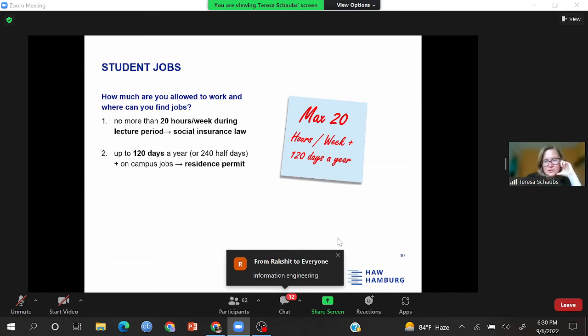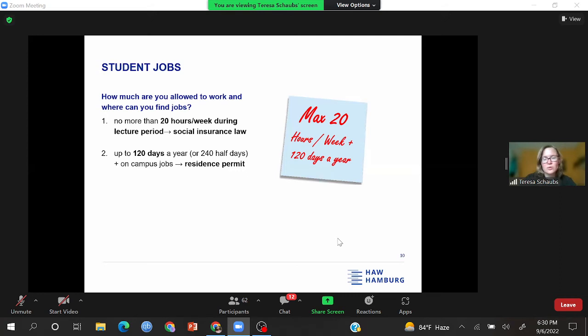Okay, the counting is your job. Make an Excel list or anything, write down the days when you work, write down the hours, and then count the days. And at some point, the immigration office might ask for a list, or they might not, or they might find out somehow. But you have to make sure that you have a list of the days that you work, so that you do not exceed the amount of days you're allowed to work. Okay, so those two things are the most important things to remember.